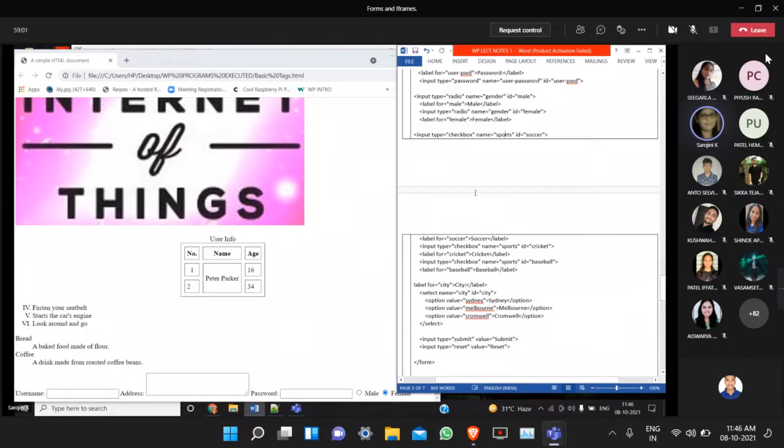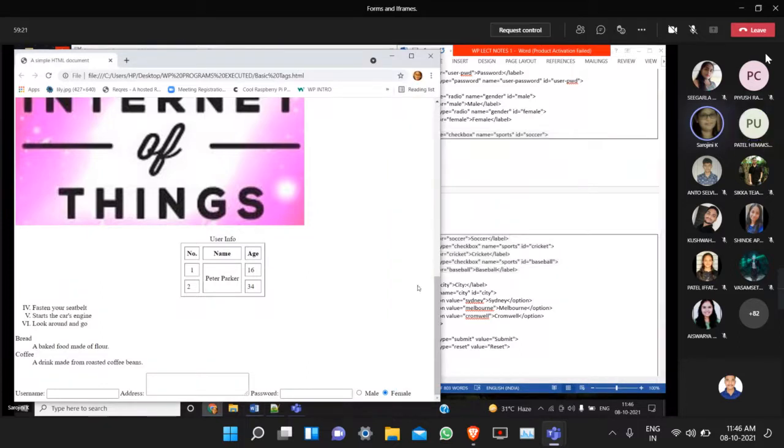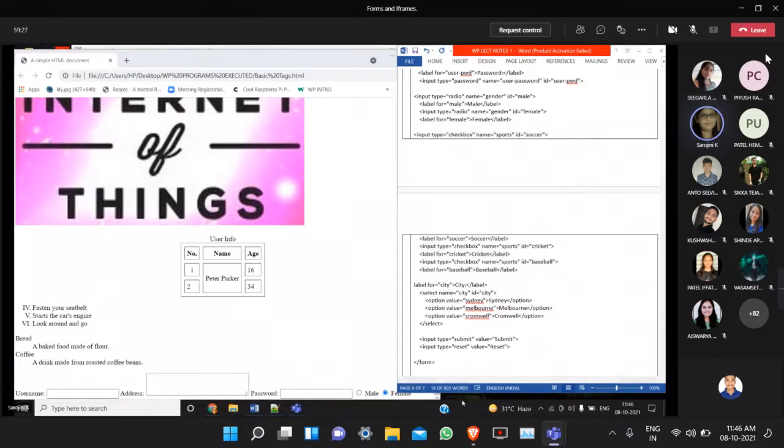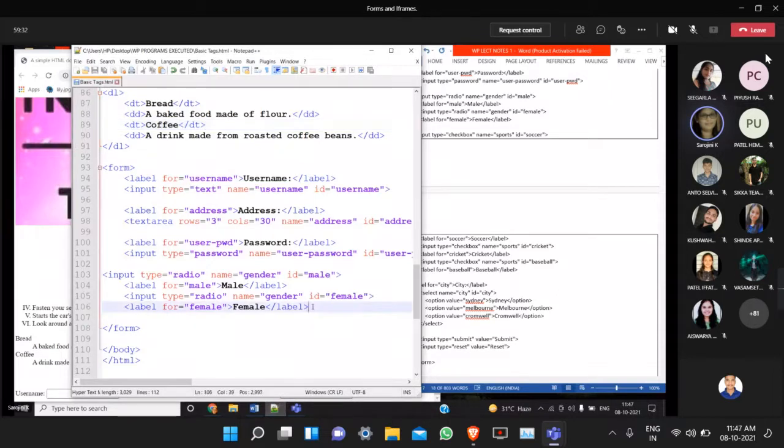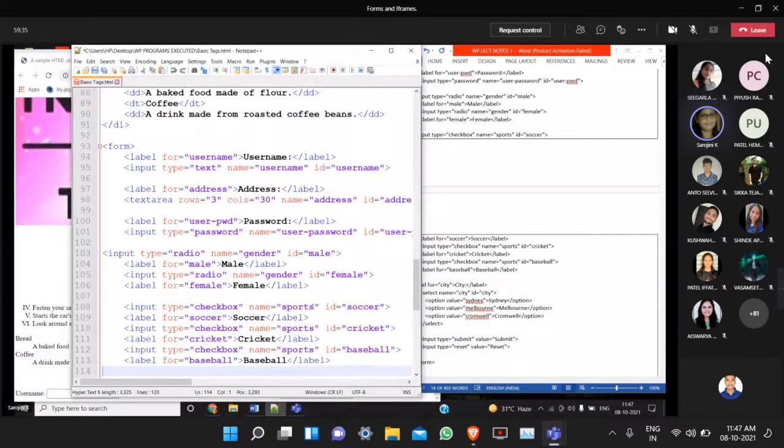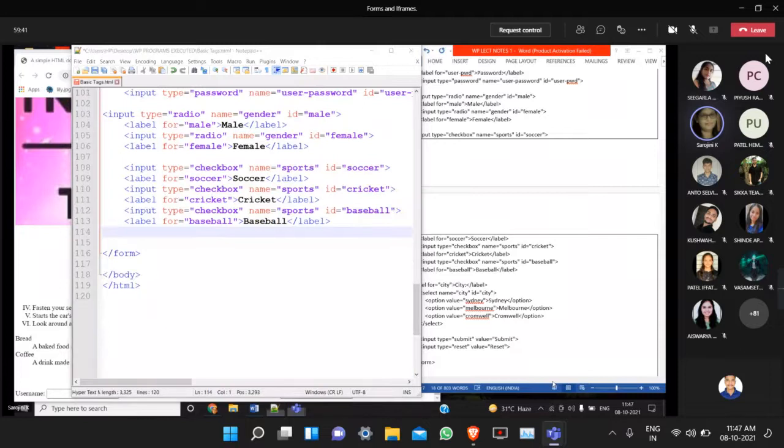Then we will move to display the checkbox. Now the code for the checkbox. Do you know what is the use of the checkbox in an HTML form? To give the option to select more than one option. Very good. More than one option in a web page inside the form. I just copy-pasted the code of the checkbox. Now look here. This is the code of the checkbox.